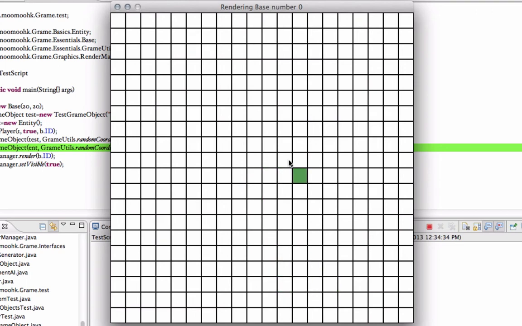Now this is good if you have things like coins, but if you don't actually want it to get erased, you'd use a layer. You'd put it on a different layer, and then it wouldn't get consumed. It kind of defeats the purpose. If you don't want it to get consumed, then just make it solid or put it on